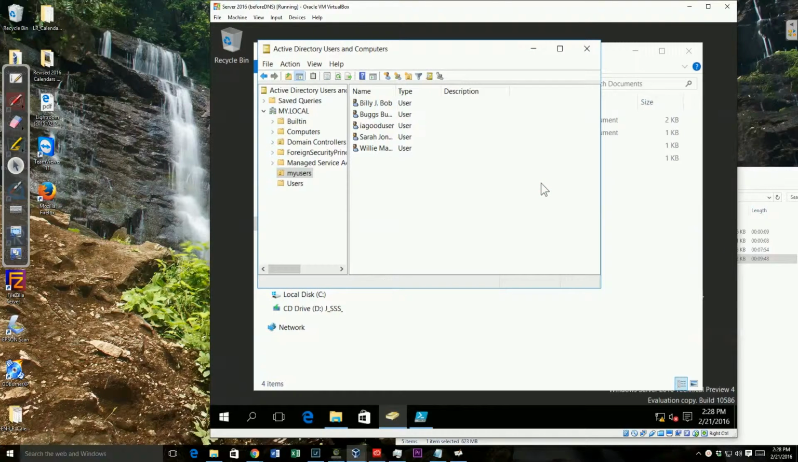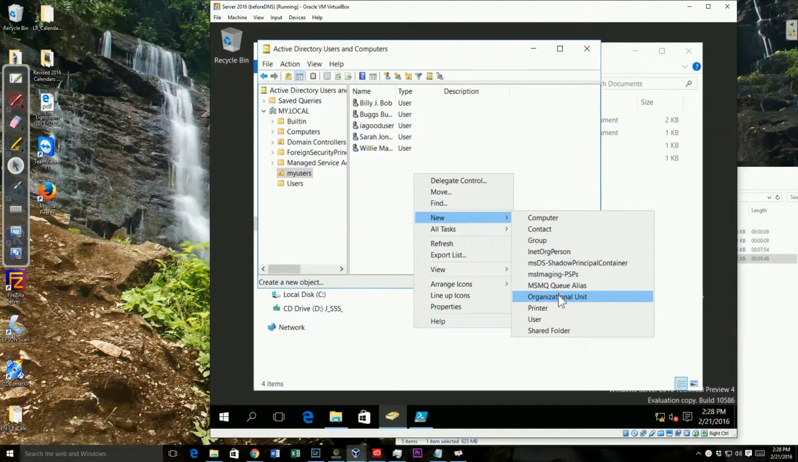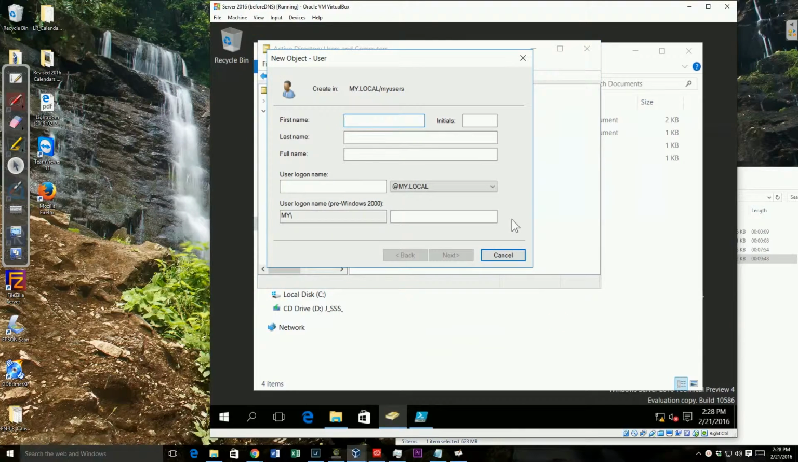As we wrap up our section on adding users, this time we're going to see how we can use a template to speed things up. So I'm going to create a new user, and this time this new user is going to be a template. In order to create that new user, I put an underscore at the beginning. So I'm going to do underscore accounting